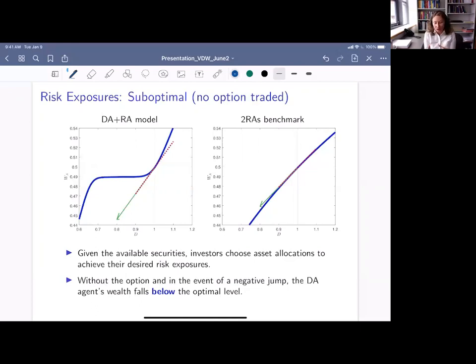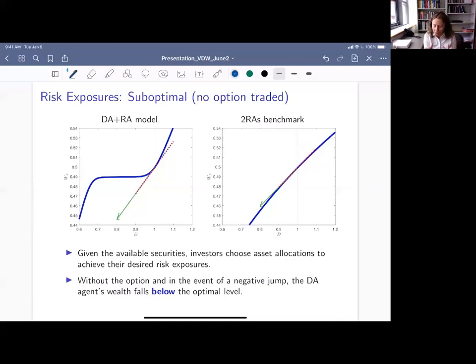Whereas if you look at the graph on the right, it's a little bit curious, because first you see that the deviation from the optimal profile is actually minimal. That speaks to the fact that we should expect a very, very small market, if anything, in this benchmark economy. Another curious observation, which at first seems counterintuitive but is actually in line with the literature, is that the more risk-averse agent here would actually like to sell. You see that the green line is above the wealth profile, and to get back on the wealth profile, the more risk-averse agent would like to sell the option to the less risk-averse agent.